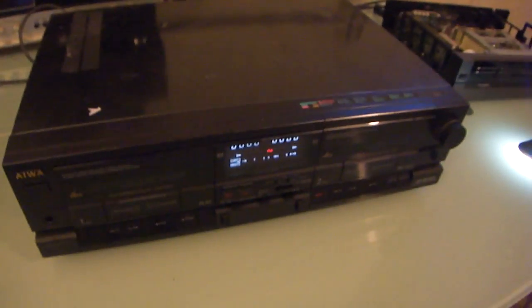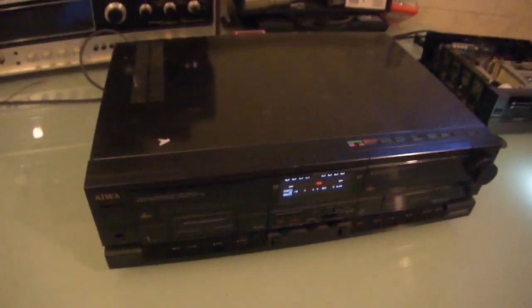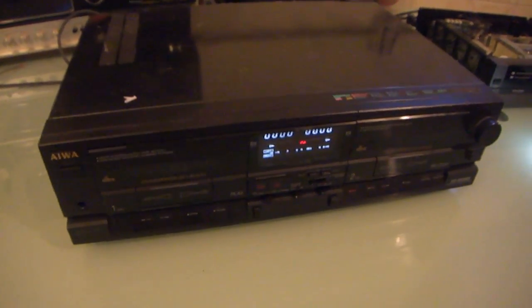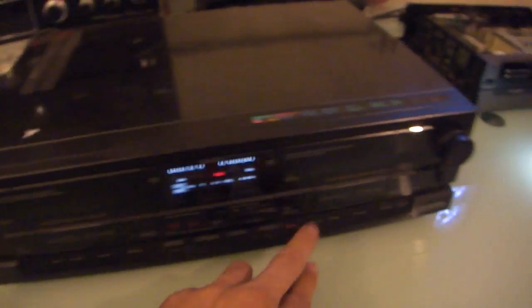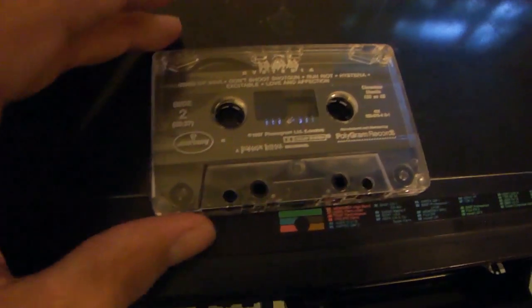We're also going to open this thing up and find out why the motors don't spin. I'm assuming there's a worn belt, or a belt maybe has fallen off inside. I would imagine that a deck with DBX noise reduction would have separate motors for each deck. Neither one actually plays. They light up like they're going to. There's a tape inside here. Def Leppard Hysteria, which has pretty much my,